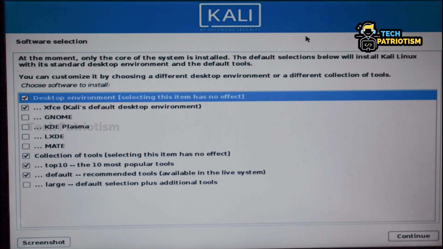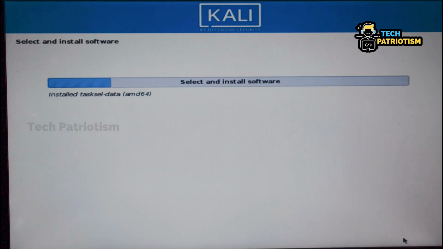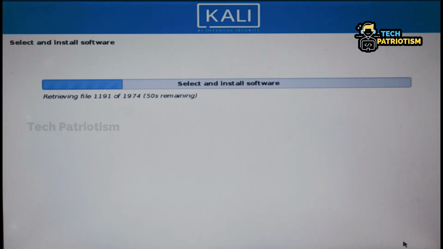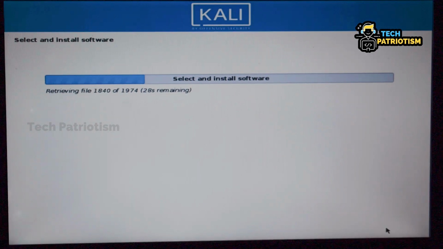Yeah, this is our environment for Kali Linux. Make it the default. Then click continue. These are the default Kali Linux environment. If you need anything, click on the checkbox and click continue. Yeah, select an installation software. The path is so long to installation.